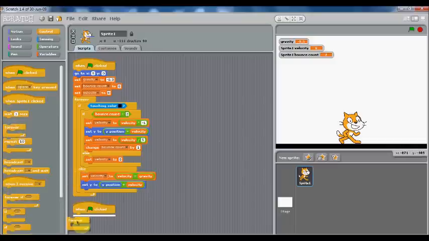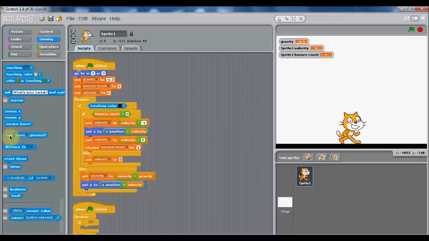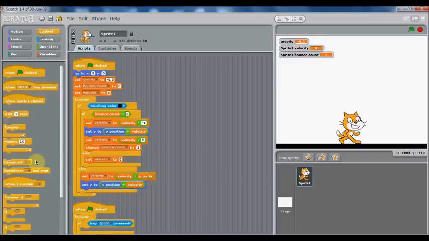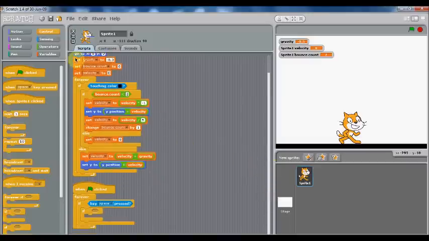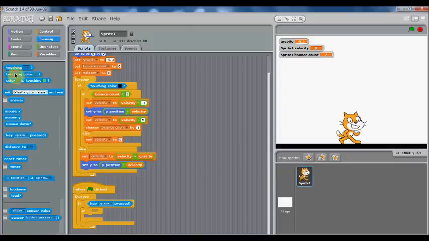Then put in if sensing key space key is pressed, and inside that I'm going to put another if, touching color black,